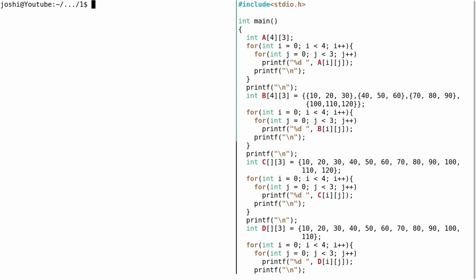And here I have declared and initialized a two-dimensional array with how many values? Again 1, 2, 3, 4, 5, 6, 7, 8, 9, 10 and 11 values. So it will automatically take the 12th value as a zero value. Okay. Now